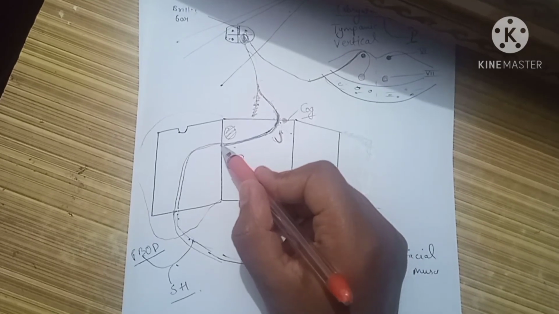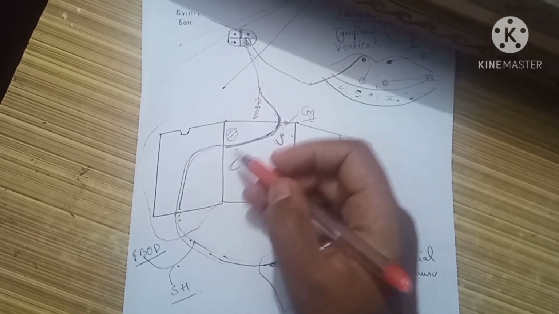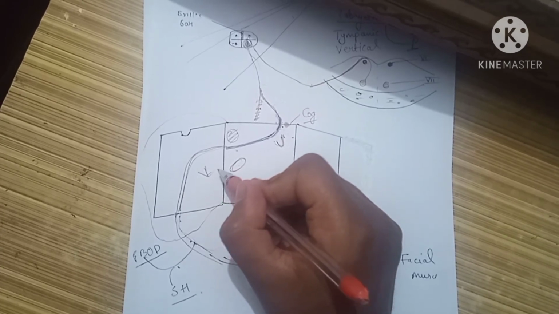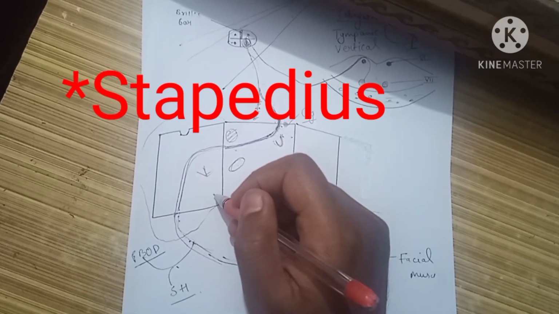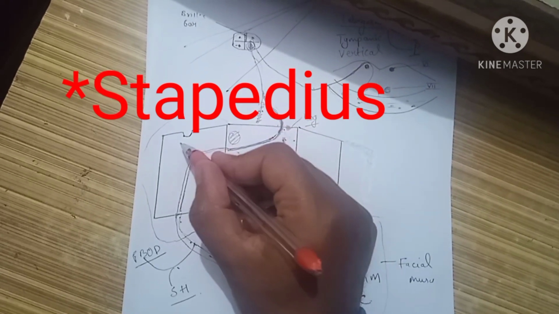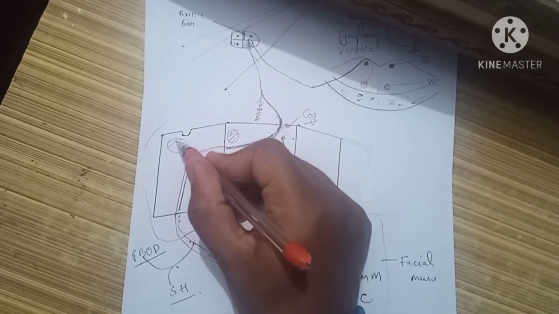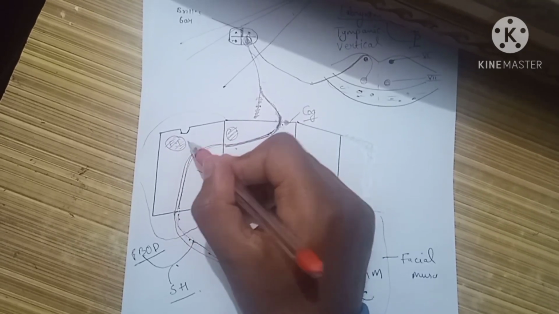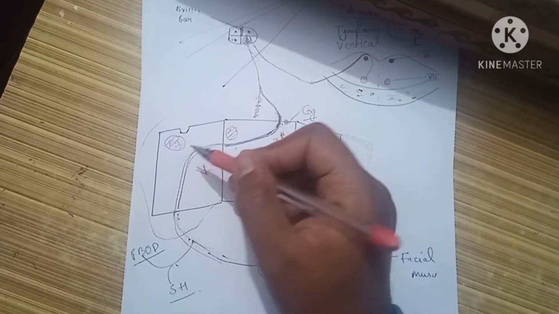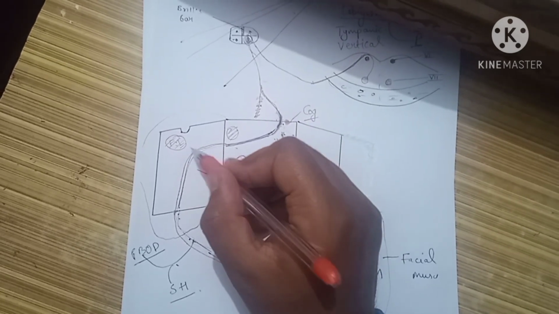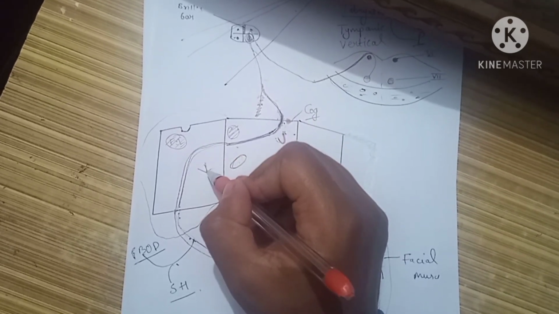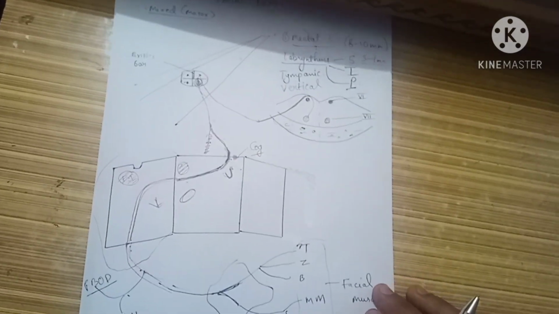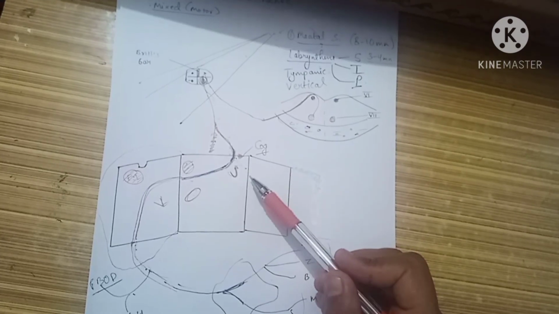Other landmarks for the vertical segment of the facial nerve are the pyramid, that is a piece of bone that gives origin to the stapedius muscle that attaches to the stapes. Another landmark is a fossa that is created by the short process of the incus, that is the fossa incudis. So the facial nerve lies medial to this fossa incudis and lateral to the pyramid. So this is what we needed to know about the facial nerve course and its relations.